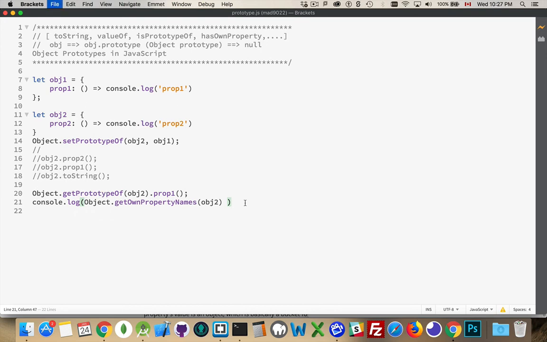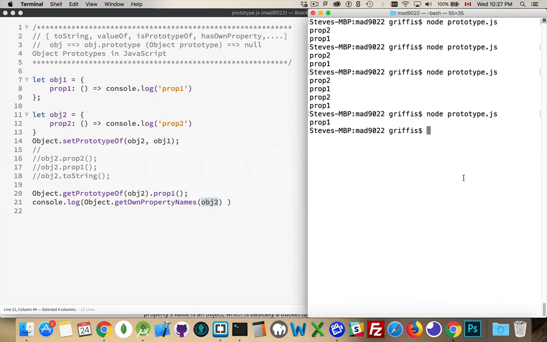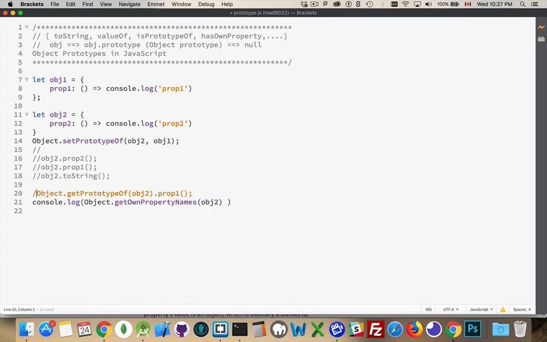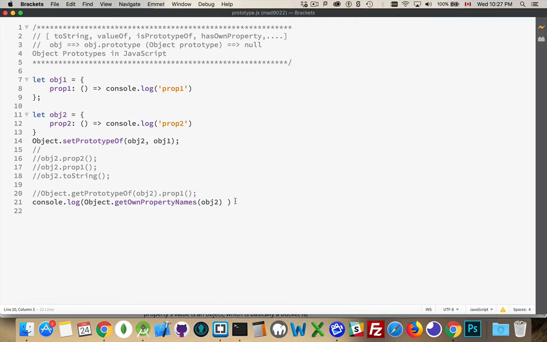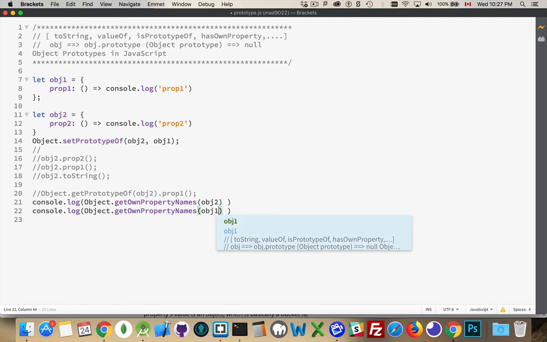There we are. Now what I'm trying to do is I'm saying, okay, go get me a list of all the properties that belong specifically to object 2. So this prop2, that's the only thing that really belongs to obj2. We have access to other things, but prop2 is the only property that belongs in this array right here. So this line right here was writing out the prop1. I run this again. There you can see it's just that. If I was to write this again with obj1,